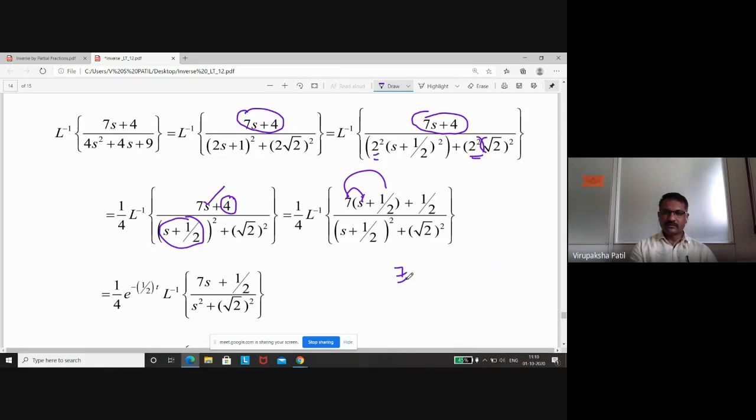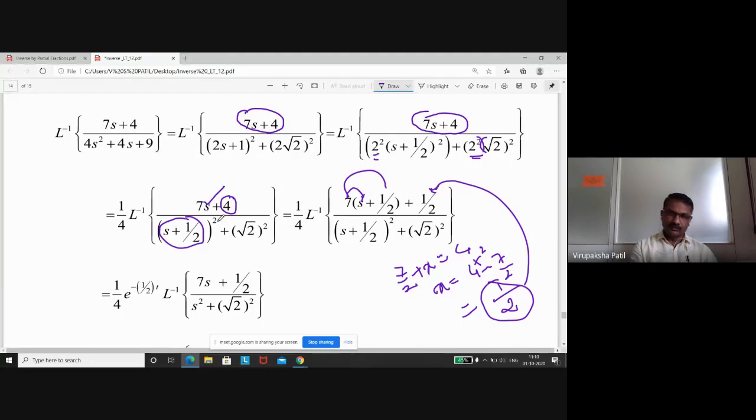See, you do one thing. 7 by 2 plus some x, to get this value, I'm telling. It should be equal to 4, you have taken. So x is equal to what you will get? x is equal to 4 minus 7 by 2. Am I right? So what you will get? Take the LCM as 2. If you take the LCM as 2, this becomes 4 twos are 8. So you will get 8 minus 7, that is 1 by 2. So this is plus 1 by 2. After making the manipulation, to get the original quantity as it is, you should add plus 1 by 2 here. By calculating like this, you will come to know. Is that clear?